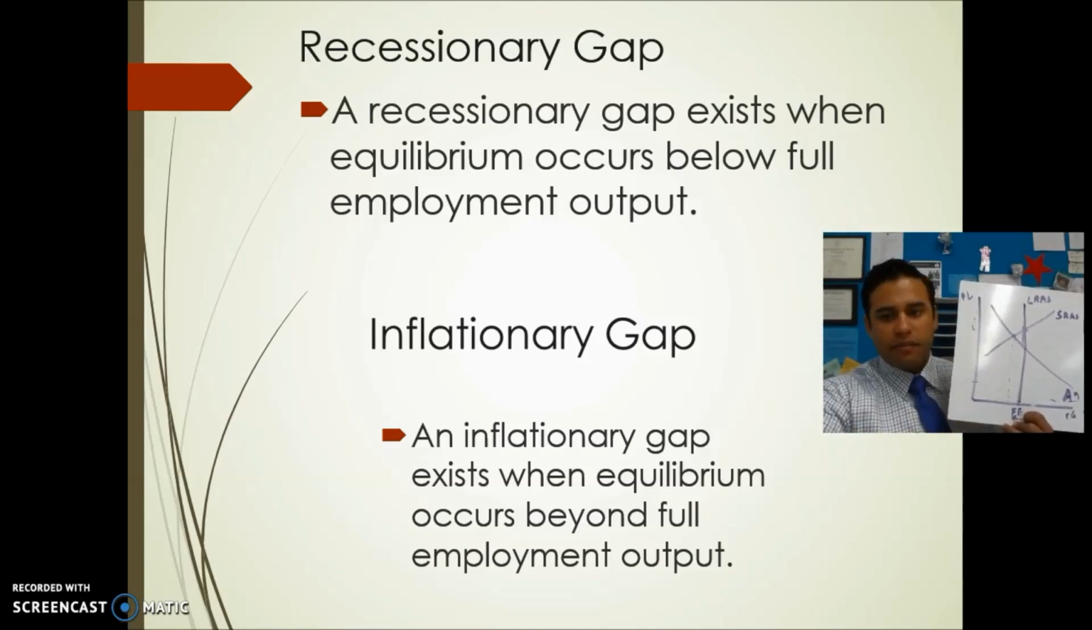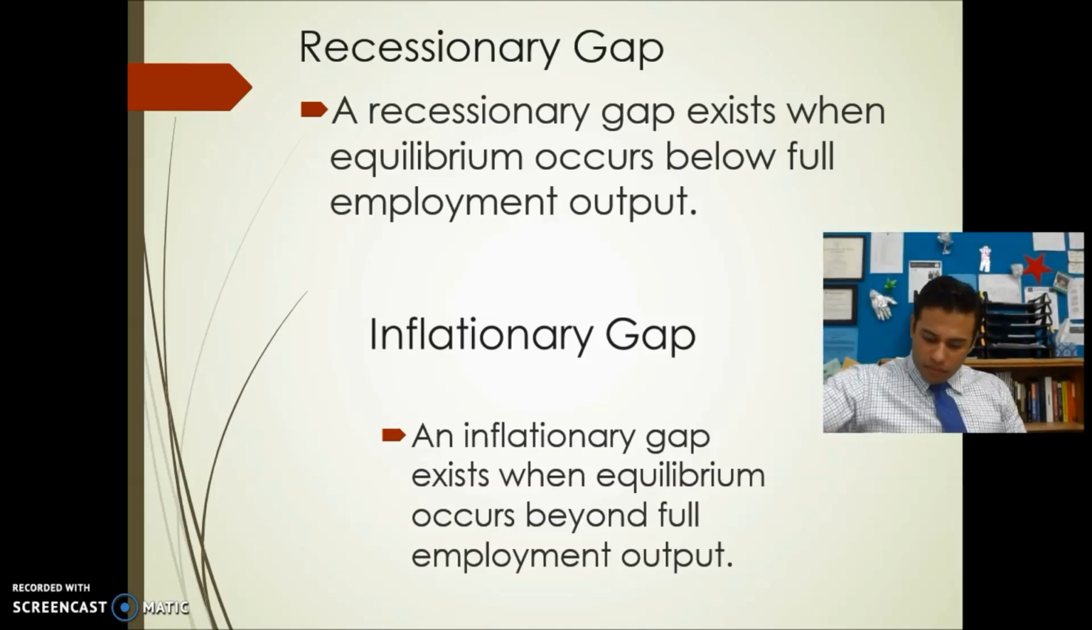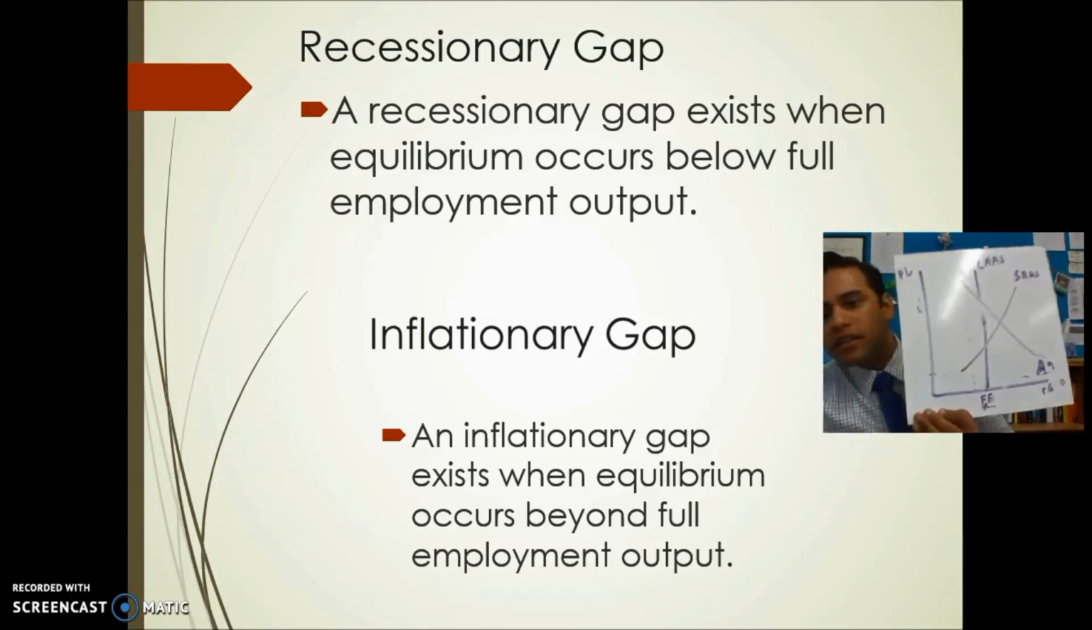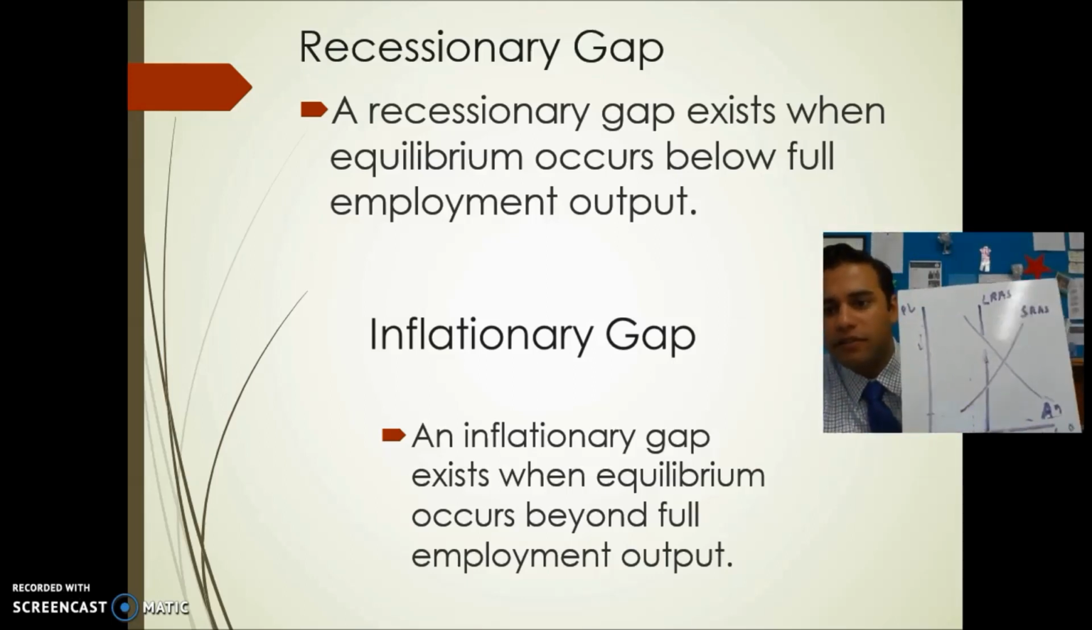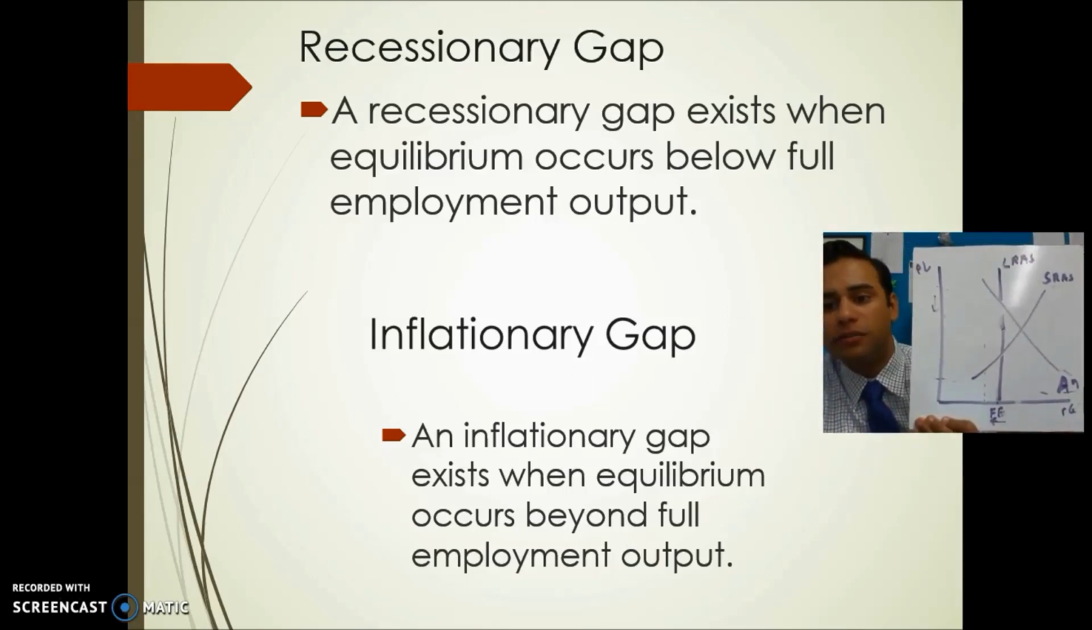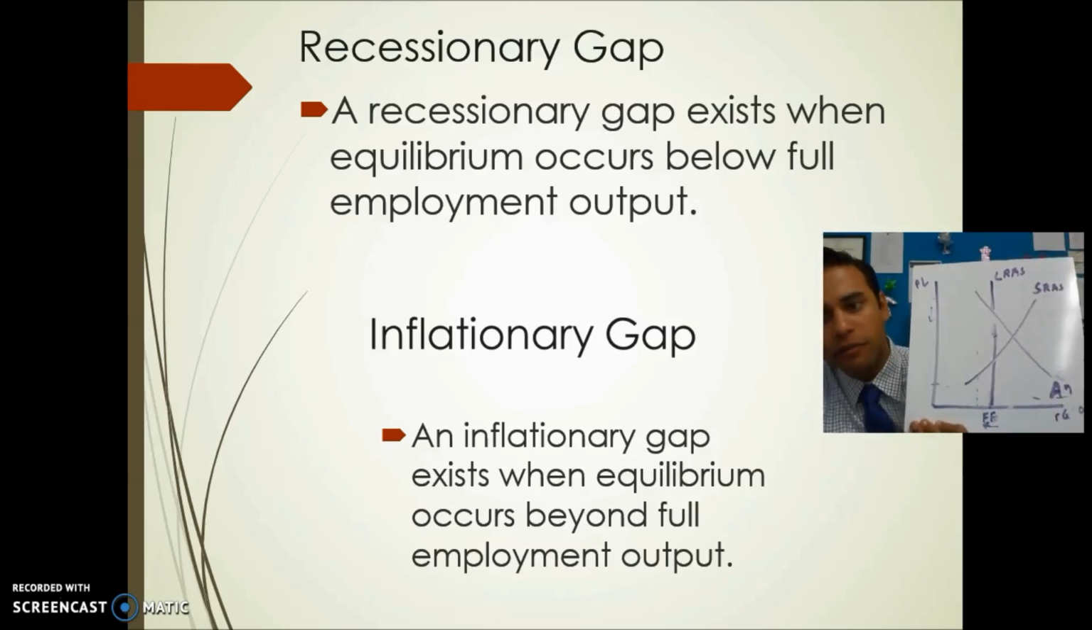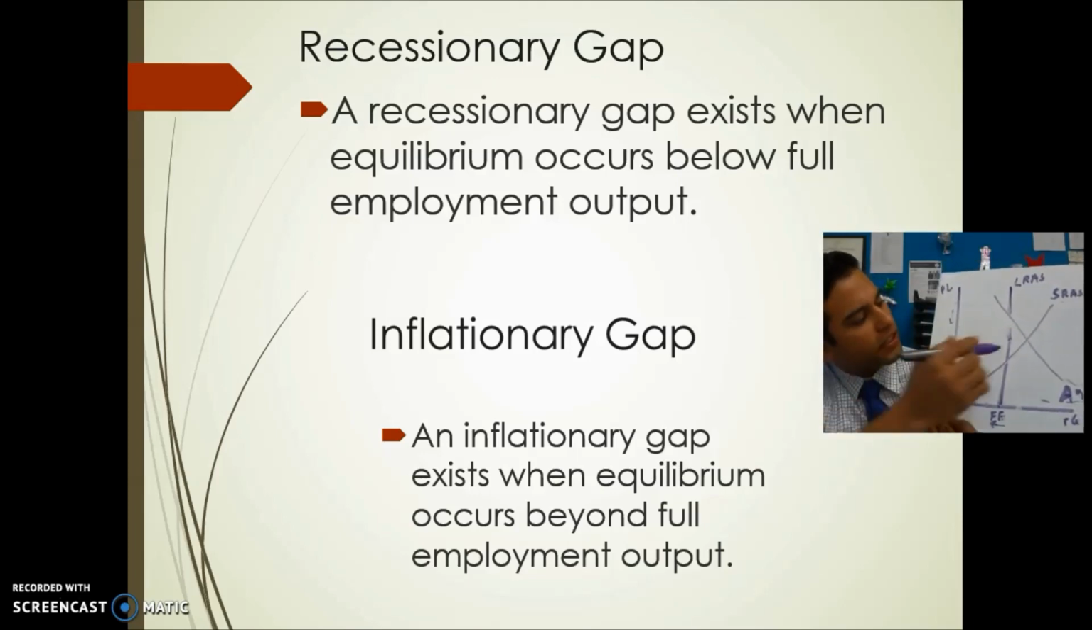The inflationary gap would look like this. Here is our inflationary gap. Now we're to the right of full employment. We've got too much employment. We're overemployed. Employment is above the natural rate. And you'll see that